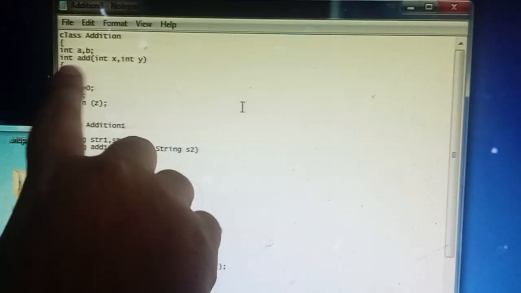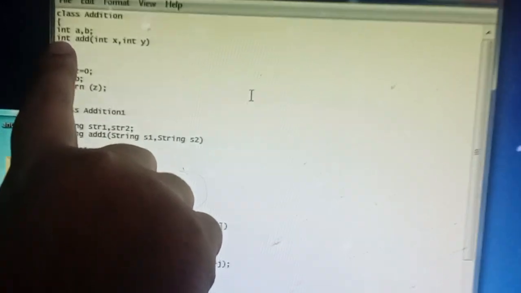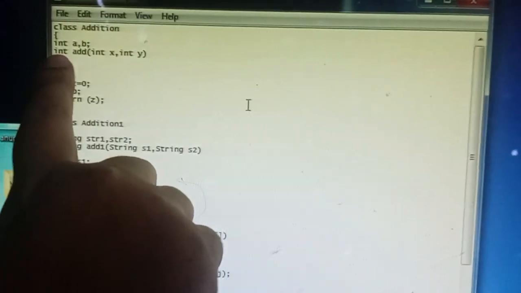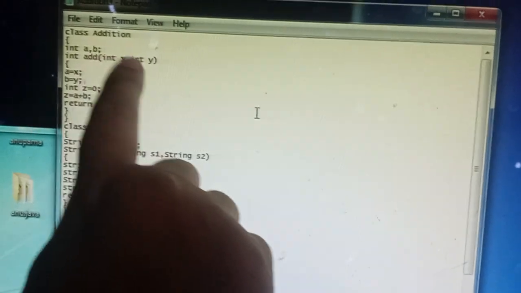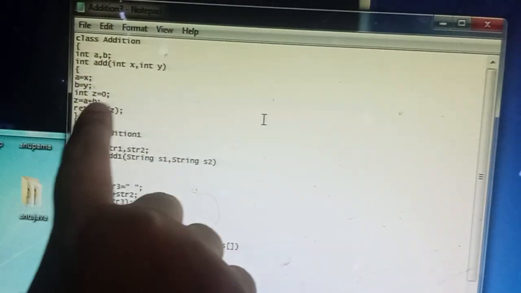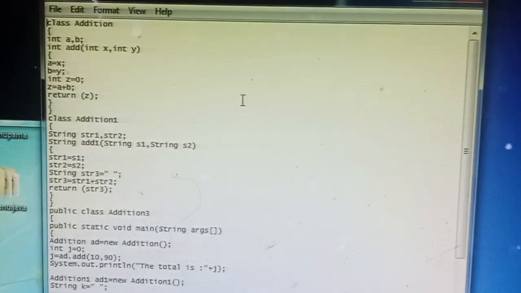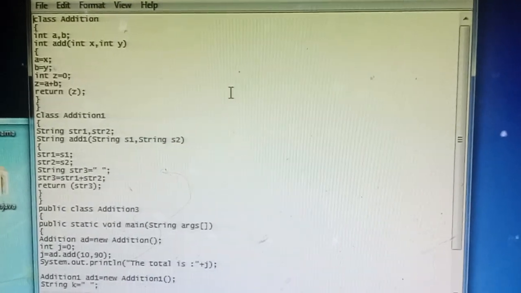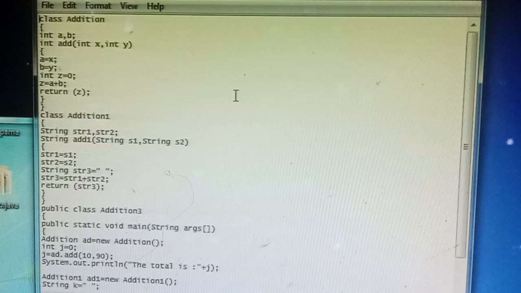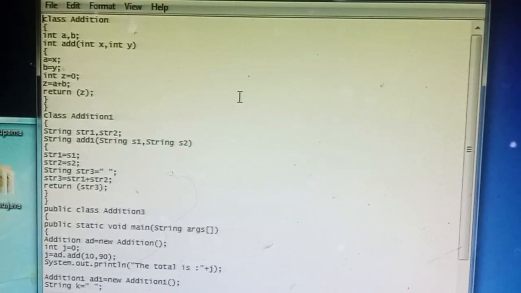In the same way, if the function is specified with the int data type, that means this function accesses integer type variables and also returns the integer type. Returns means giving the result, whatever process has been done in it, back to the class which has the main function.